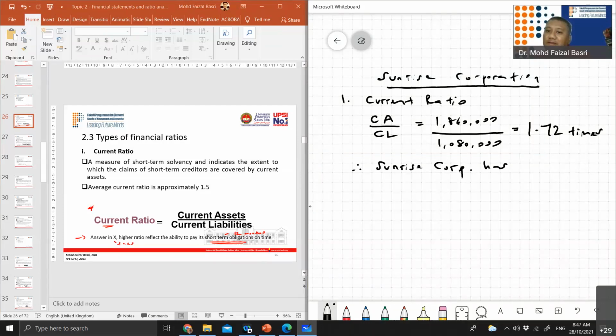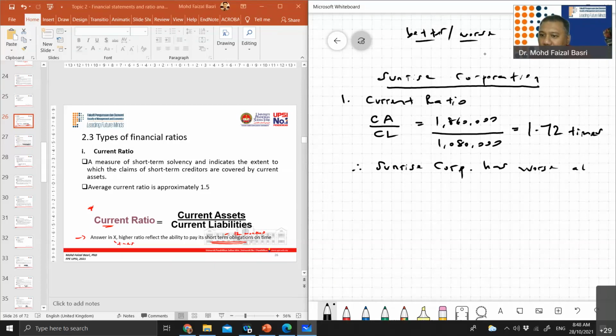Usually for comparative words, I use either better or worse. If the ratio indicates a better ratio, I'll use the word better. But in our case, 1.72 is not better than 2.0. It's worse, not better. So I'm going to use Sunrise Corporation has